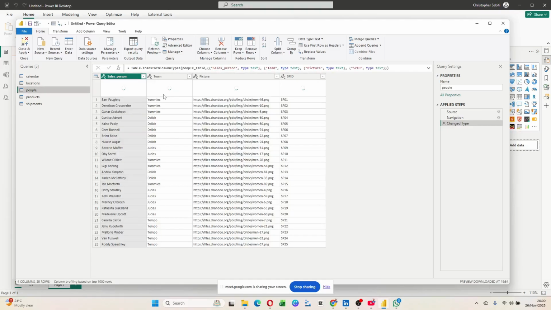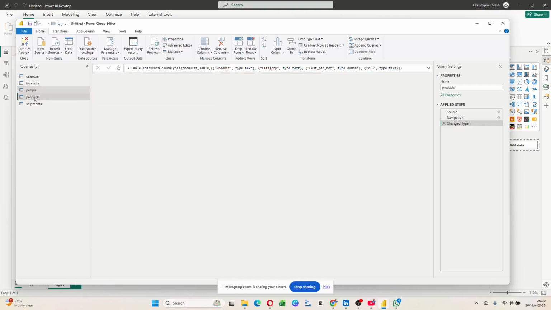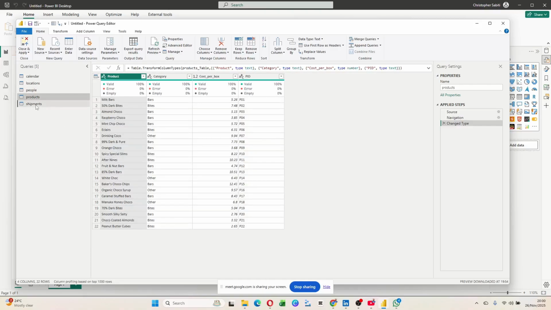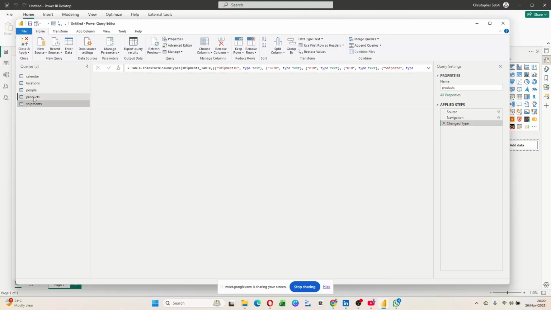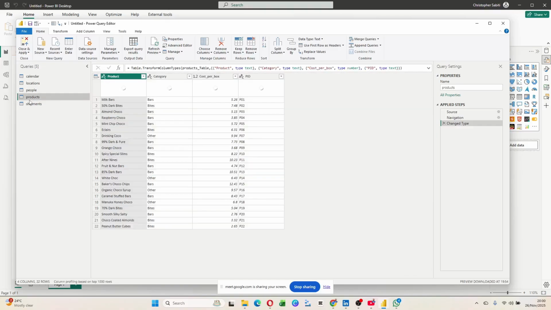We go to people, we are not changing anything, but at least we are appreciating what we have imported before it lands where it is finally supposed to be used. Then these are the products, then these are the shipments. Now, when you want to add more things, like abbreviations, it becomes easy to add them at this